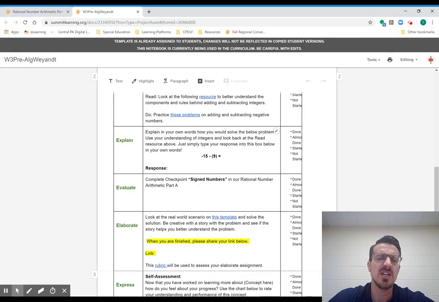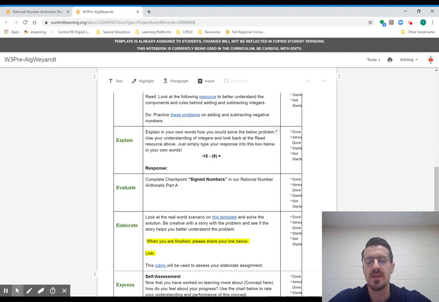The addition side has two conditions. If they're the same sign, both negative or both positive, you add them and you keep the sign. So if we have -5 plus -4, it becomes -9. If we have 5 plus 4, it's 9. Those are very simple. If we have different signs, something like -5 plus 4, I would subtract the two numbers. So 5 minus 4 is 1, and I would keep the sign of the larger number, which is 5,